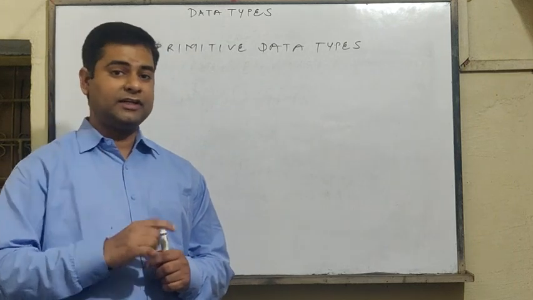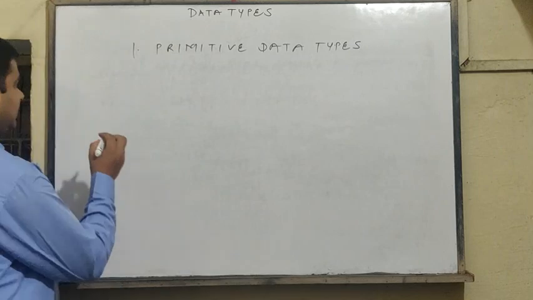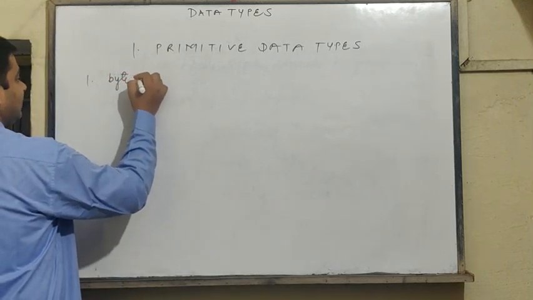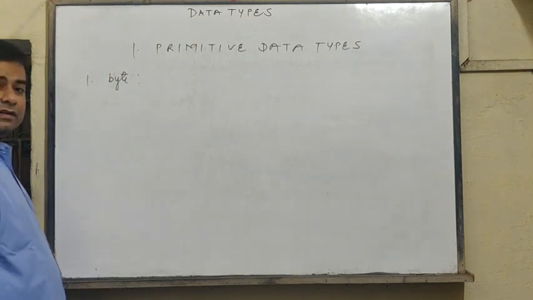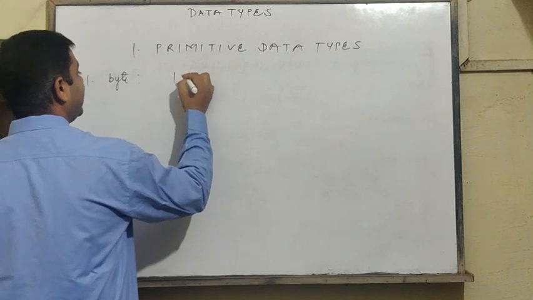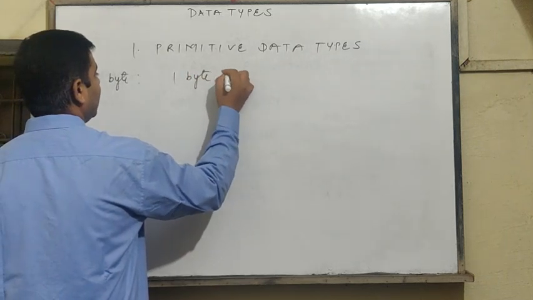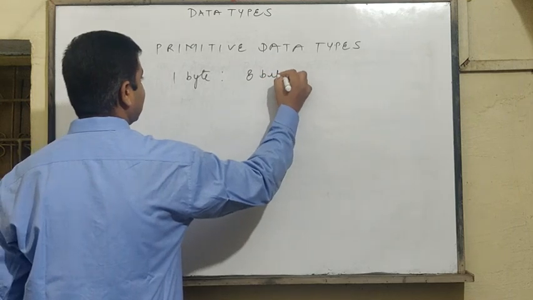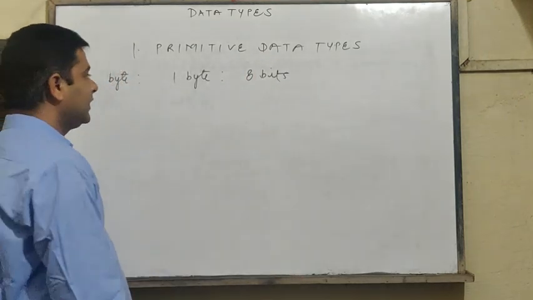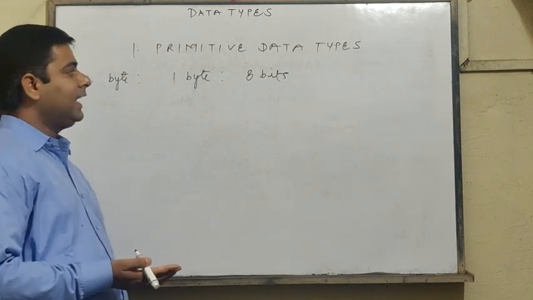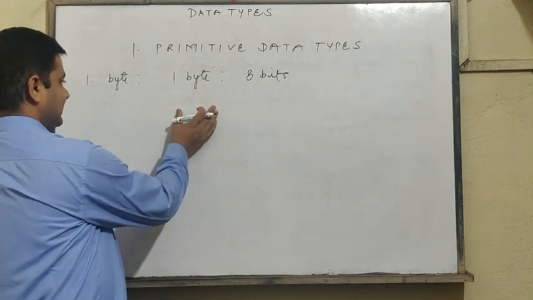Now there are four types of integer data types. First, the least one, byte data type. A byte data type is the shortest integer data type. It assumes 1 byte only. 1 byte means 8 bits. These are the memory units you must be knowing. 1 byte is 8 bits. So here, this is its size.